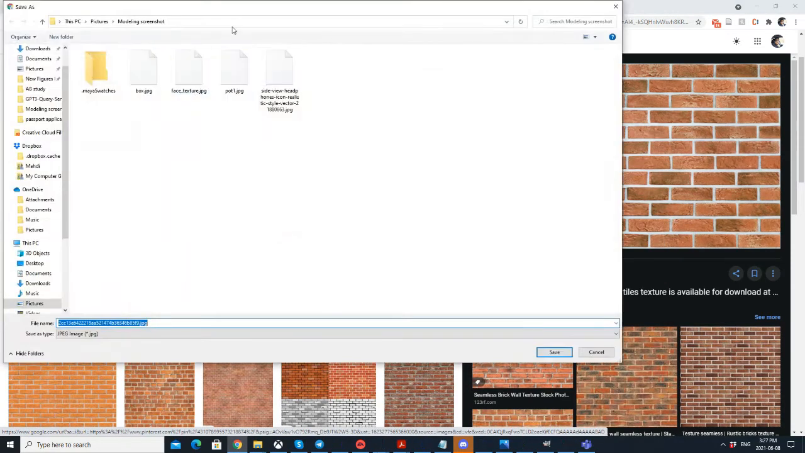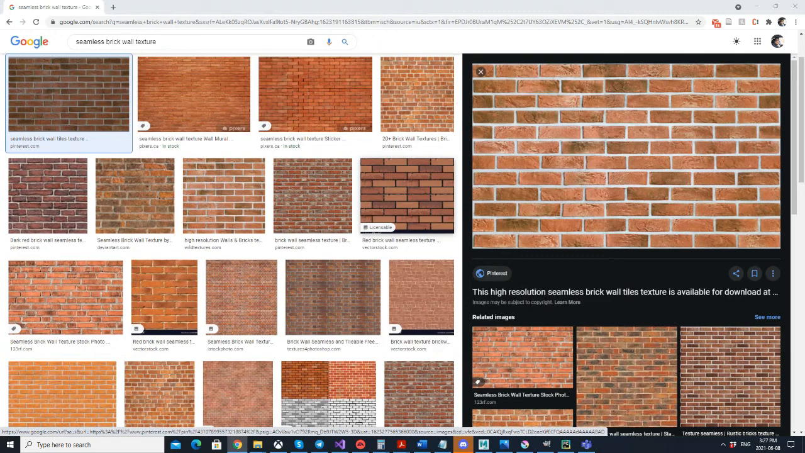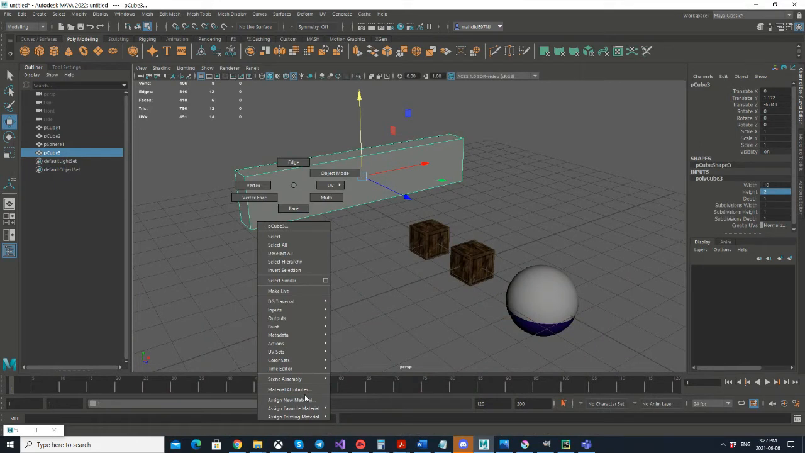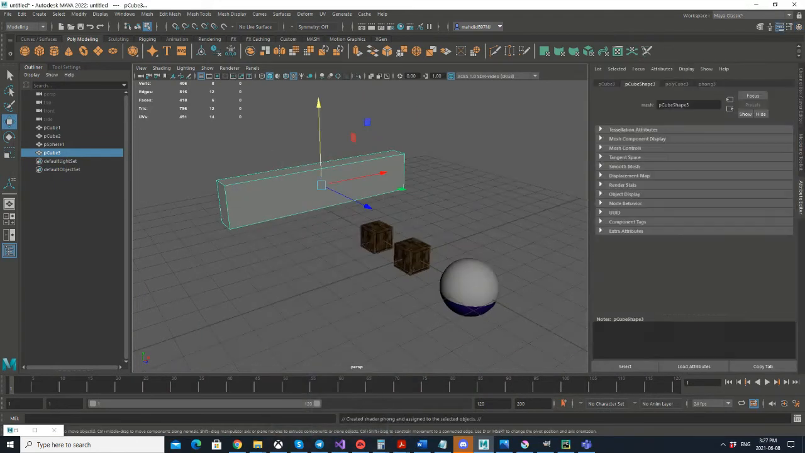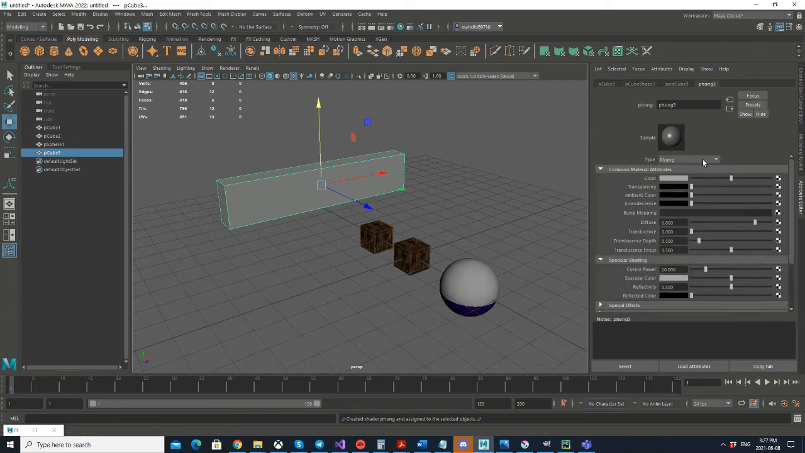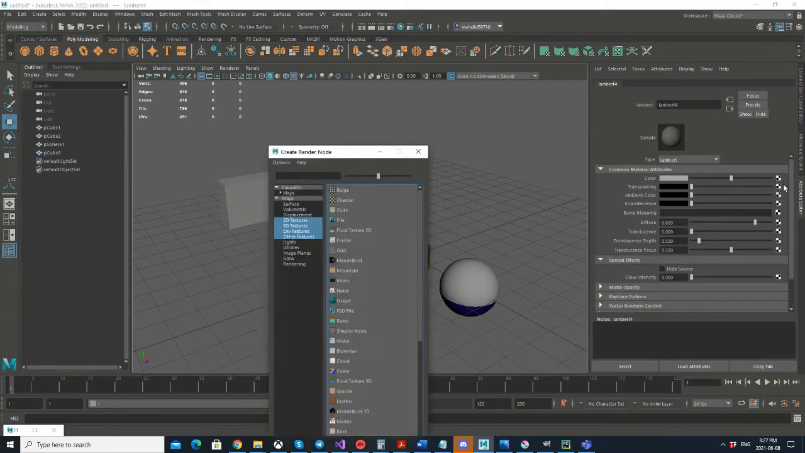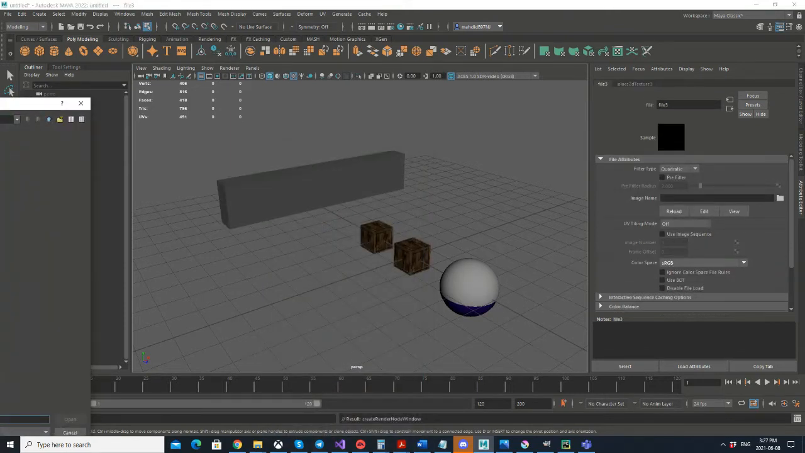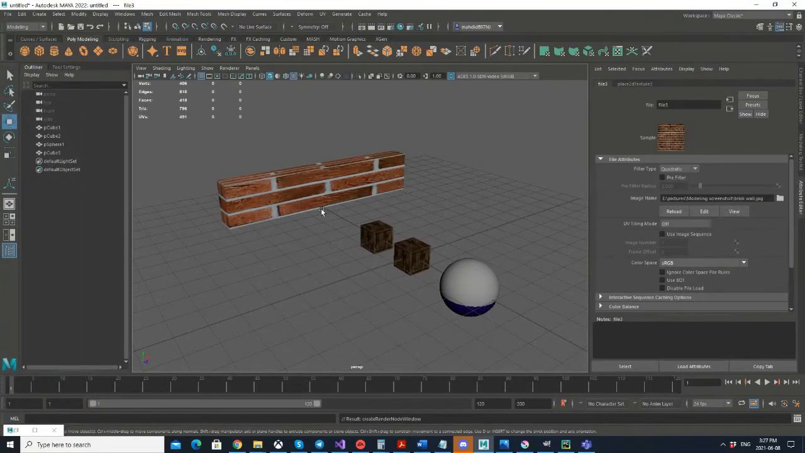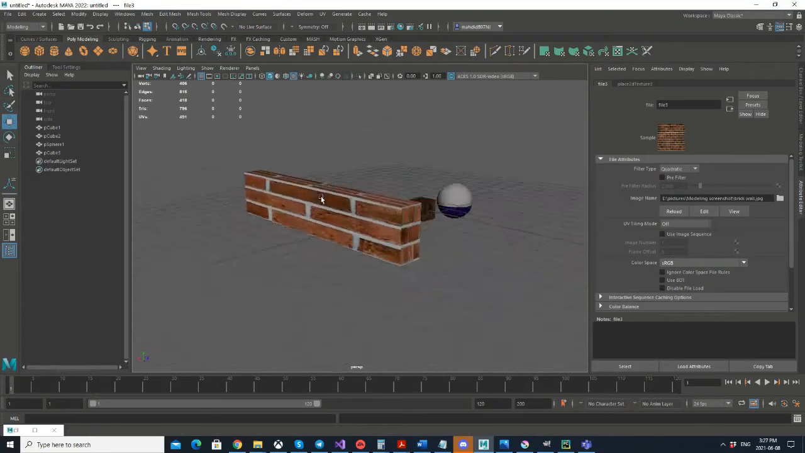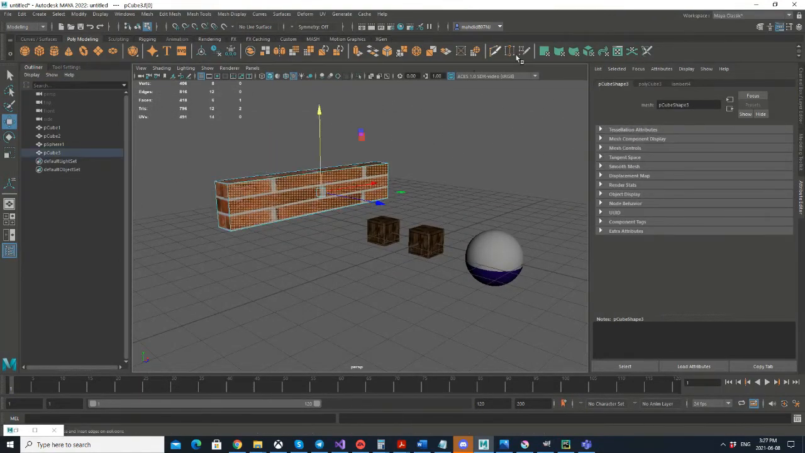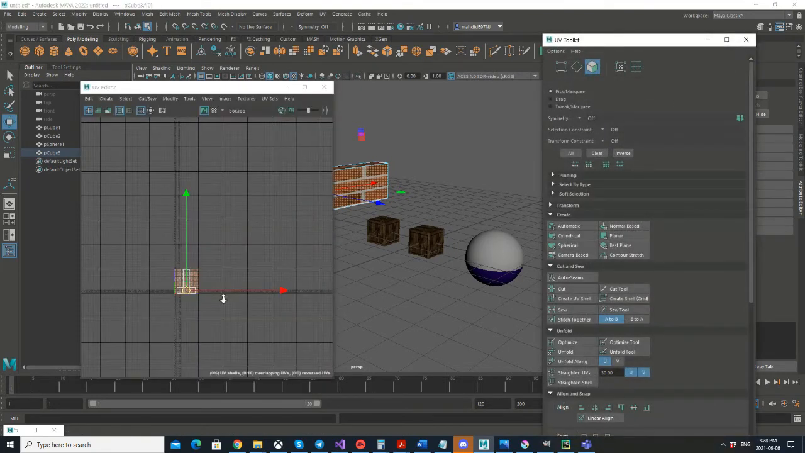Save images, and then brick wall, and then assign new material. Phong, or I think Lambert is better, because you don't want to have it really shiny. And then let me bring that image here, brick wall. Okay. I'm not going to bother so much about the other faces, but only this face. If you again go to the UV editor,